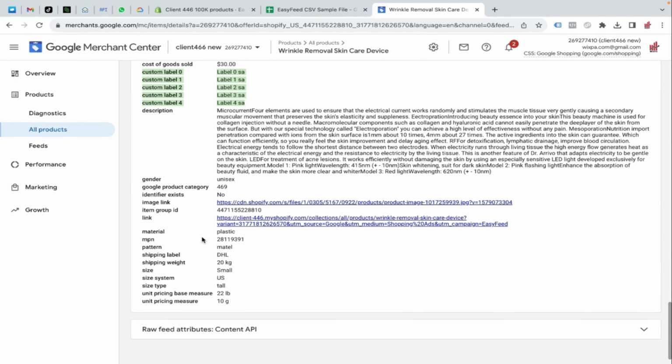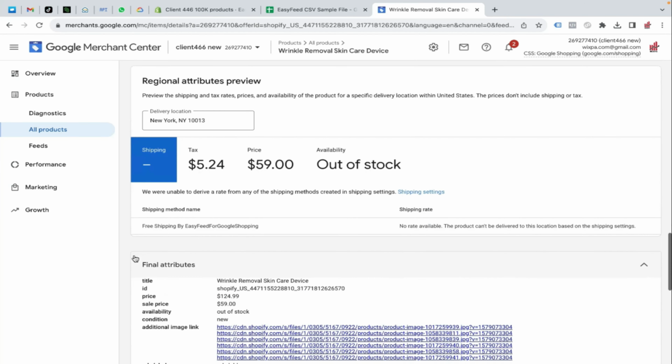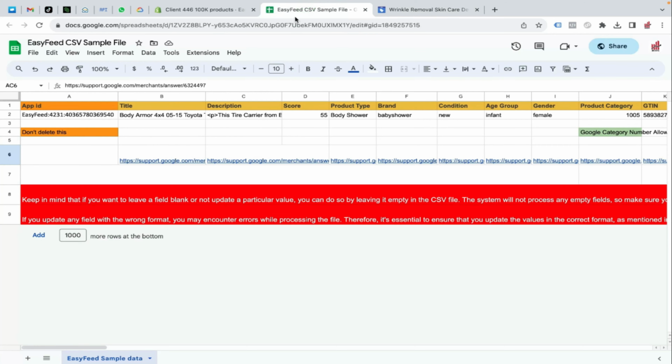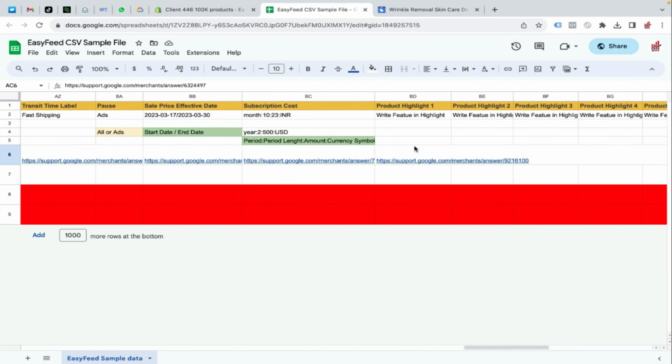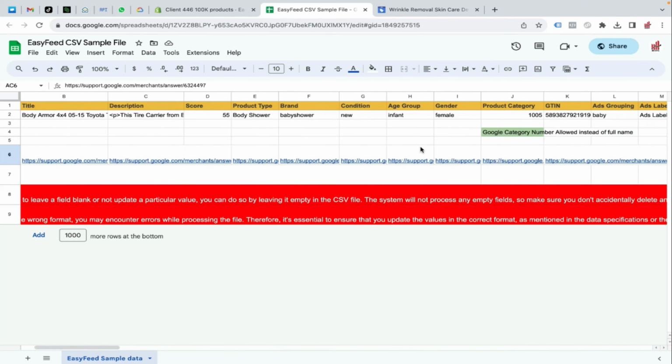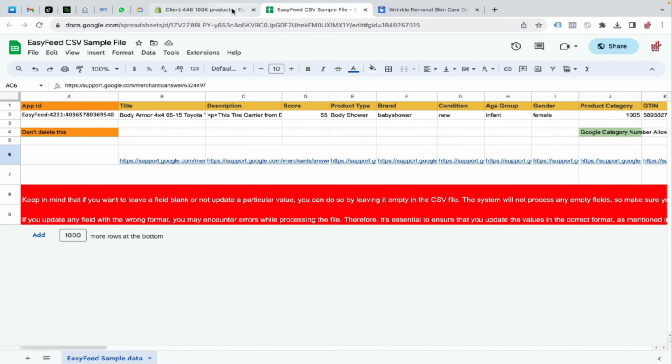Mostly data is updated. The rest will also be there. Here is the unit pricing measure, size system, size type, and so most of the data is updated in the merchant center, and the rest of the data will be updated. I hope you have got the idea of how to use the import and export feature